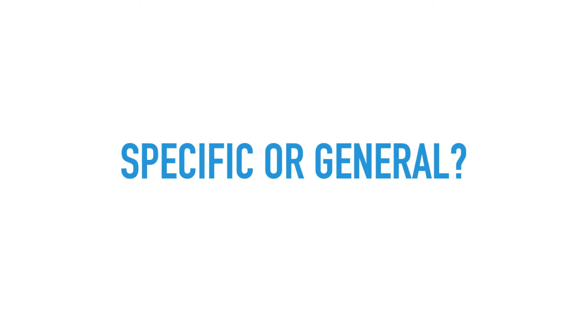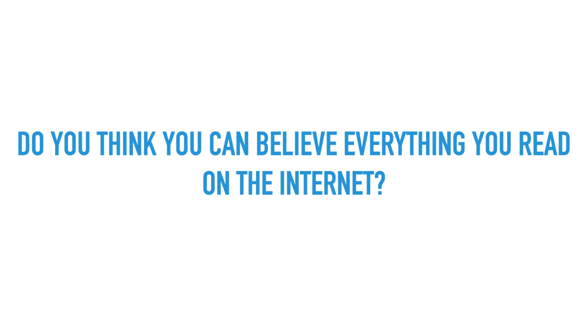Let's say the examiner chooses to ask you questions about the internet and says something like this. Do you think you can believe everything you read on the internet? This question is quite clearly focused on you. We can see the word "you" 3 times in the question. In this case, after you've given your direct answer and explanation, you should probably be giving a personal example of something you have read.